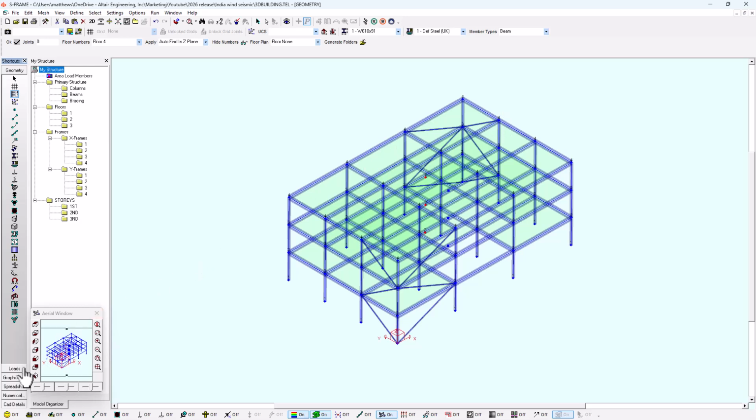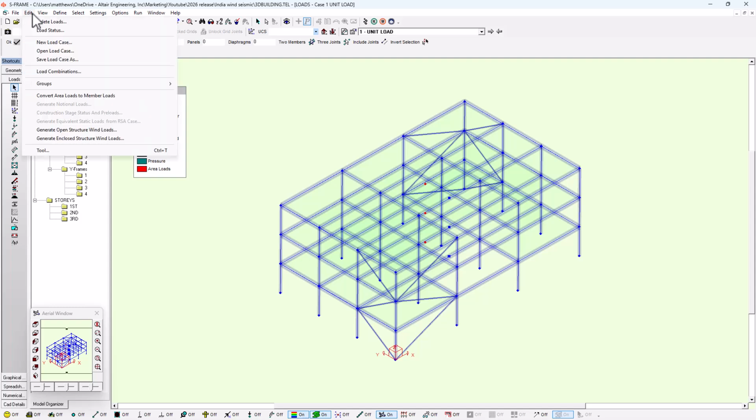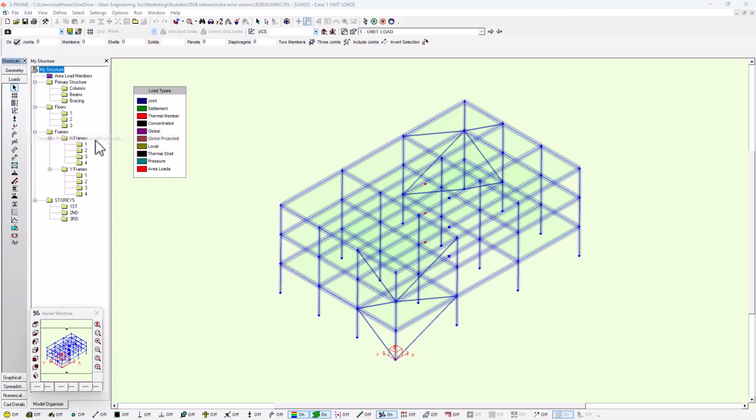And that's done through the loads window. So I can click to the loads window, and you'll see that I already have 3 load cases in my model. I'm going to add a few more though. So I'm going to start with the wind loading. And now that I've got all those parameters set up through the settings preferences dialog, I can actually just go to the edit menu, and I can say generate and close structure wind loads. So I'll click on this option here,